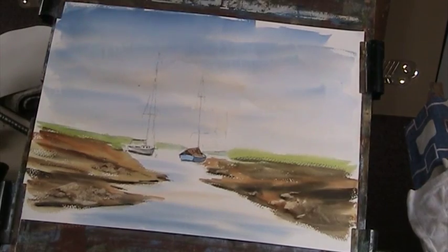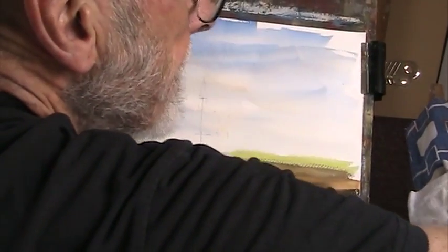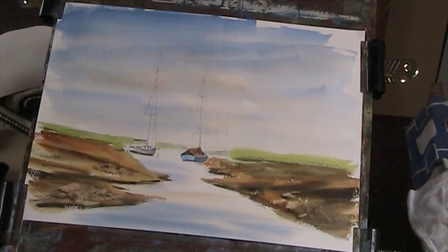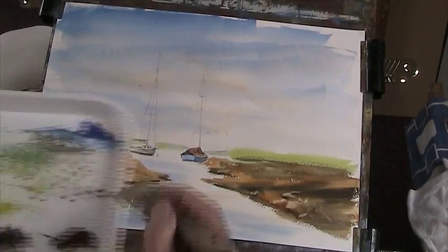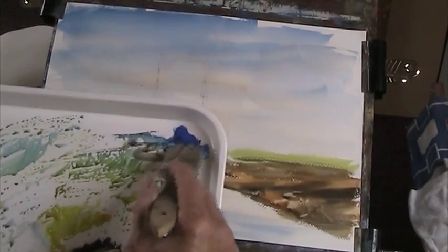Just to put the masks in. No, it's a cheapo brush. We won't use that. I thought I had a new one, oh, there you go. Newer. I use these for my acrylic work, but I use them for watercolour. But I want to put those masks in, and I want a nice chisel edge, but I don't think that will do. A bit of grey, a bit of blue,